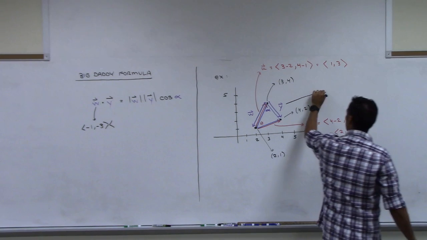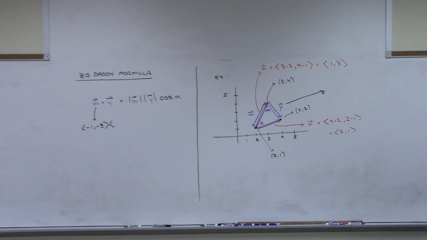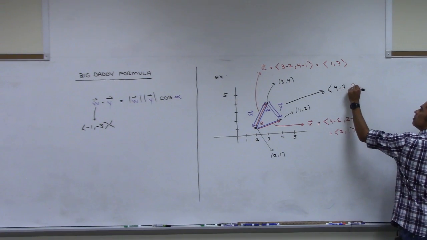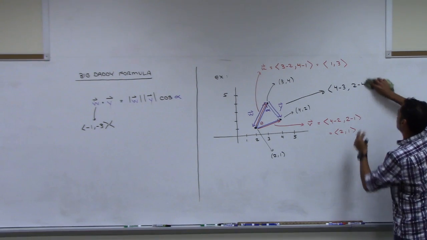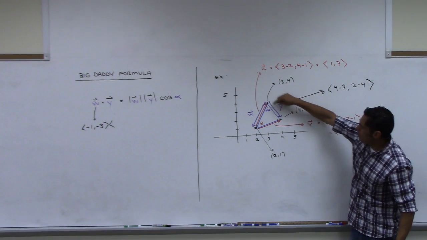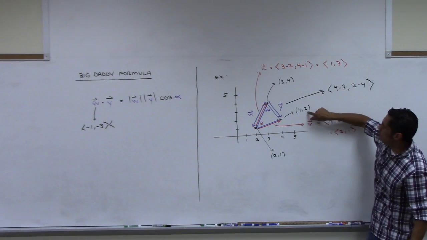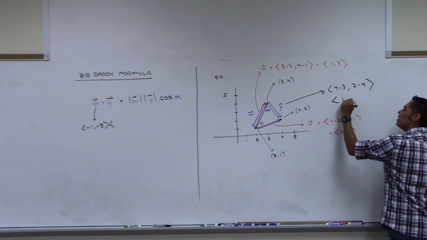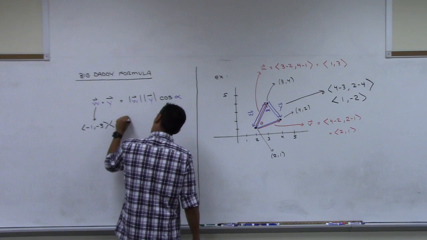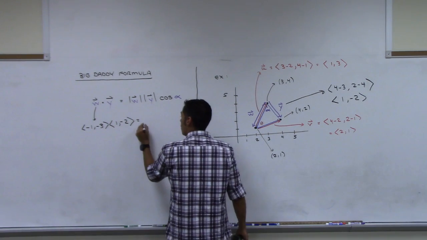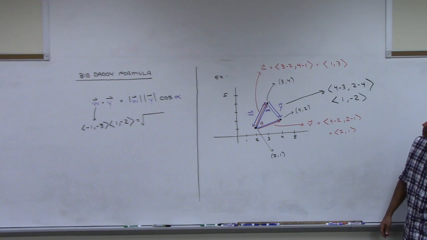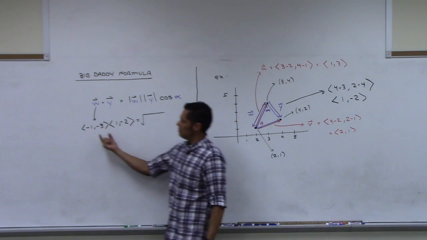Now what about the vector Y? This one we haven't gotten. So how would I get Y? 4 minus 3, good, comma, and then 2 minus 4. Since we're going from here to here, we start with the 4, take away 3, then 2, take away 4. So it is the vector 1, negative 2. So 1, negative 2 here. This must be equal to the magnitude of W,